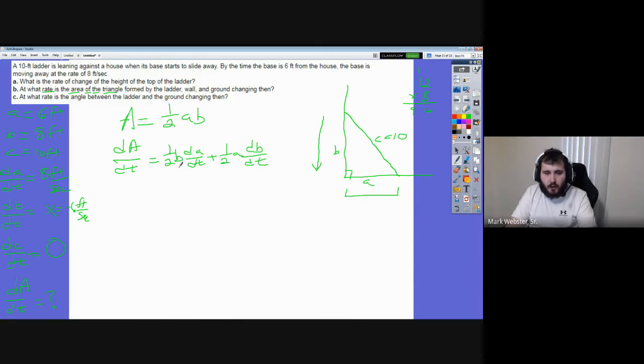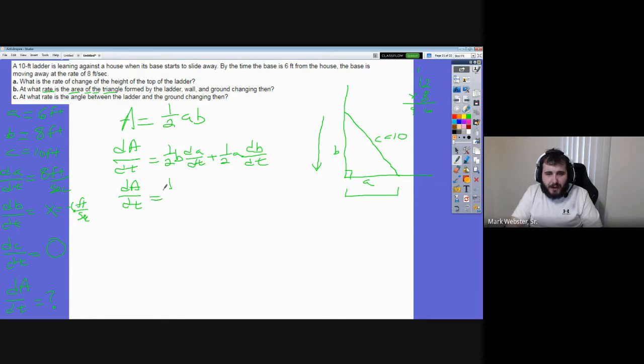And look, we know what b is. We know what dA dt is. We know what a is. We know what dB dt is. Don't reinvent the wheel here. You've used this information already. Just put it back in. That's why I had it written here. I kept it written here so that we didn't need to do any more work now, right? So look,